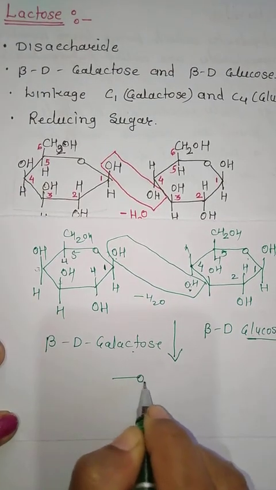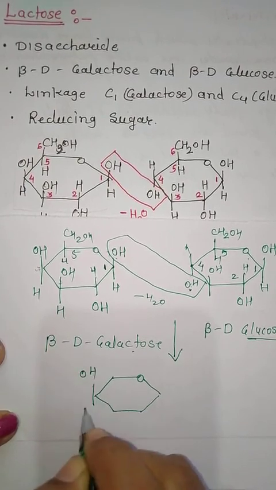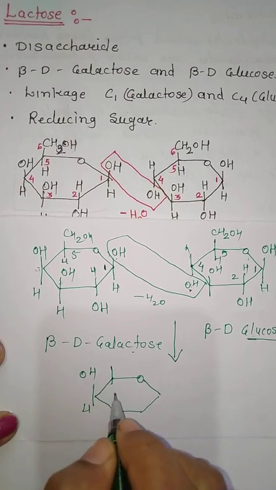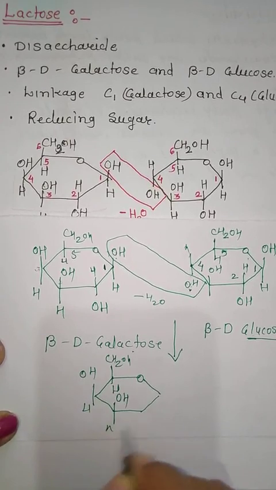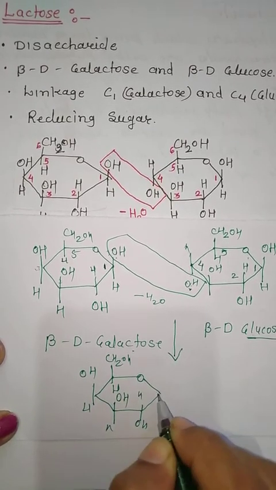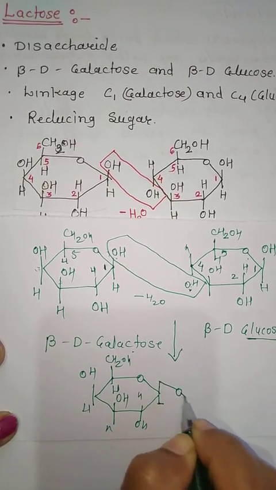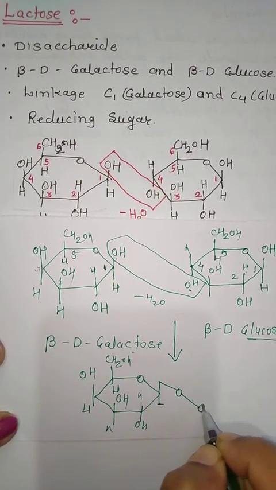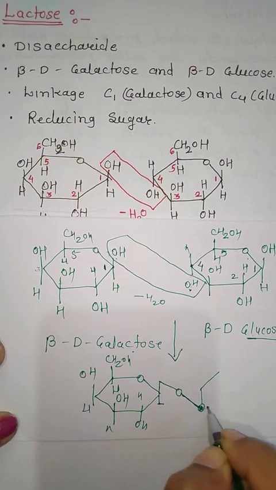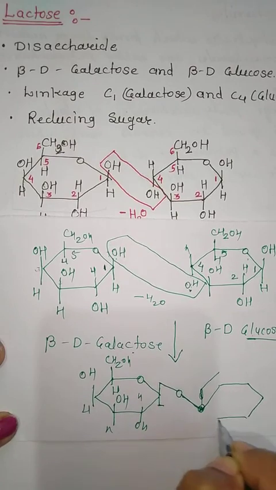Structure will be, draw the structure here. Rest of structure will remain as it is. This is the fourth carbon which will be on left hand side, that's why above. ठीक है, third carbon will be above, second will be down and first. यहाँ पे लिंकेज बन रही है, पर लिंकेज कहाँ से बन रही है? ऊपर से, माने यहाँ का बीटा हाइड्रोक्सिल is making with the fourth downward. Sorry, ये नहीं आएगा, this will be just the linkage, ये लिंकेज हो जाएगी. ठीक है, and then here the structure will be. ठीक है, ये स्ट्रक्चर बनेगा.